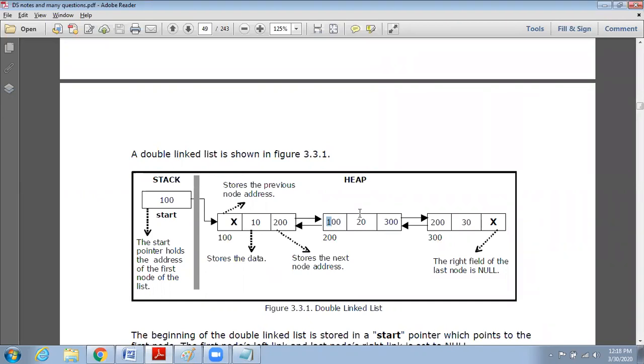Yes, ma'am. What is this 300? Ma'am, it's the center node. That is the right pointer. Right pointer is nothing but pointing to the next node. This is the left pointer of this node. Left pointer is nothing but pointing to the previous node. Like this, I can have a connection to the next node, and also to the previous node. That is called a doubly linked list, where each node contains a data part as well as two pointers: one to point to the successor node and another to point to the predecessor node.